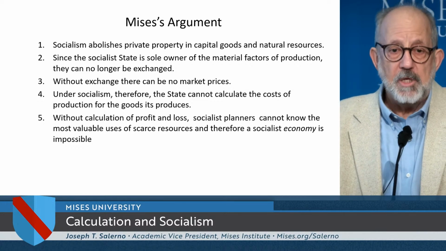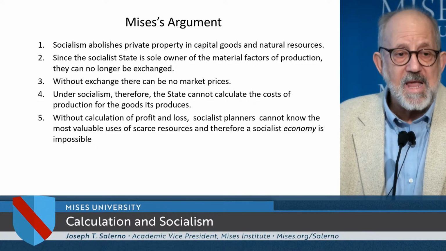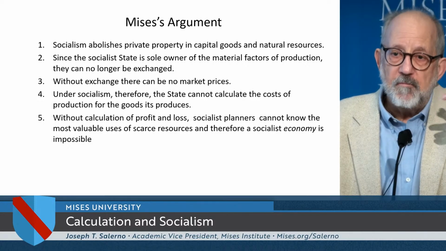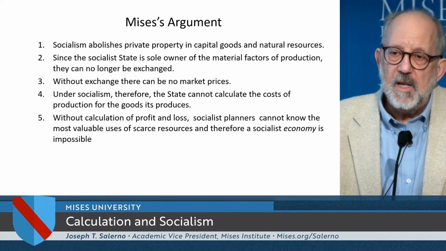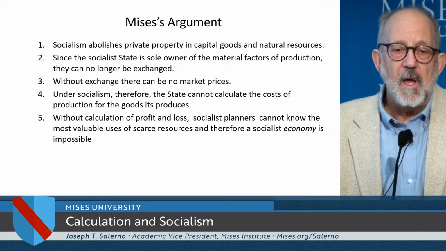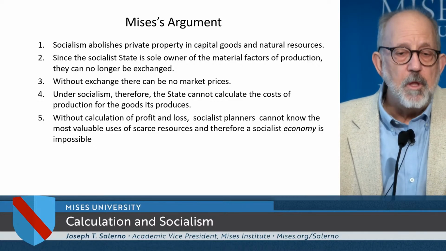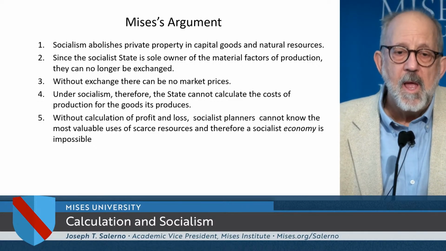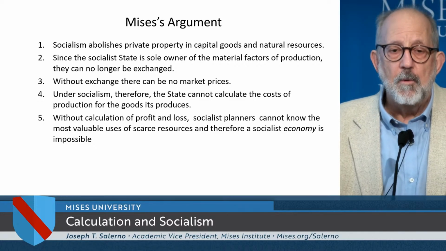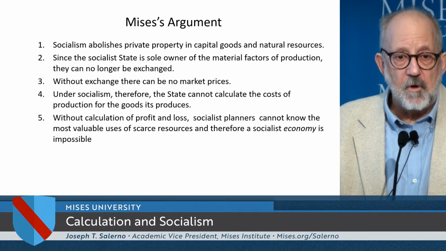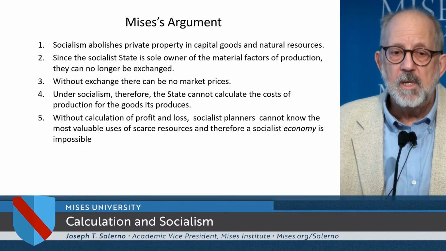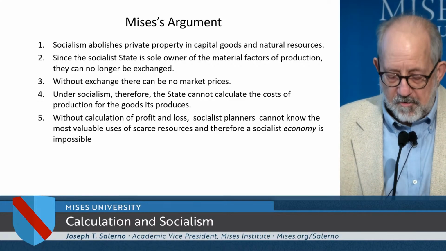First, socialism abolishes private property. That's how it is defined. There was a great book written by a German teacher of Menger who had some socialist leanings. His name was Schaeffler, and it's called the Essence of Socialism. He looked at all the socialist schemes through history, and he said they all came down to one thing: the abolition of private property. So that's how Mises defines socialism, as the abolition of private property in the material means of production, not in your own body, but in capital goods and natural resources.